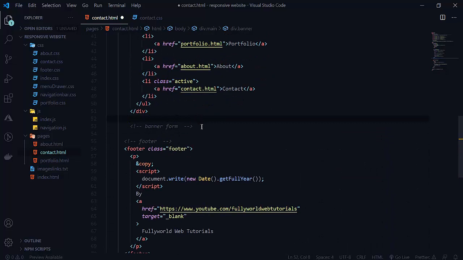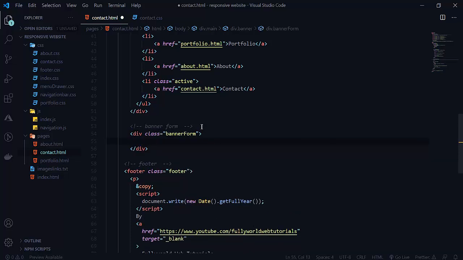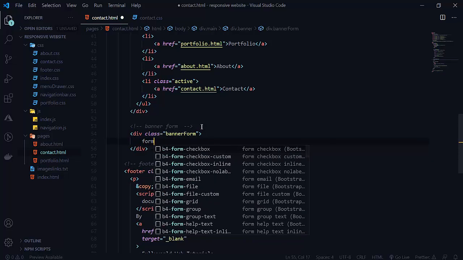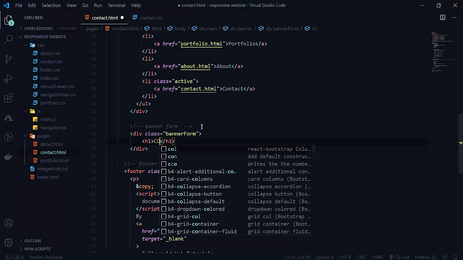So here we will create a division of banner form. The banner form is created here. Now let's create a form here. First of all we want our h1 here. The h1 will be Contact Us.